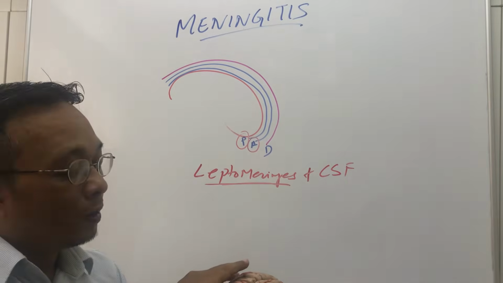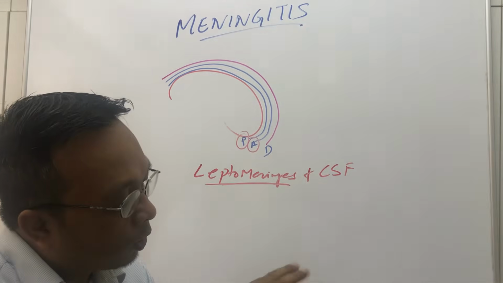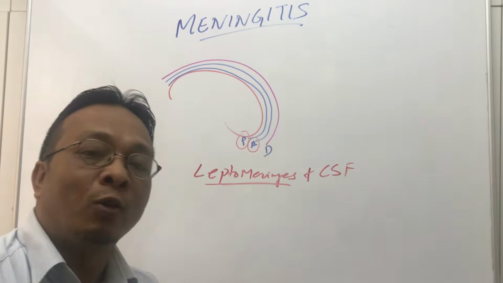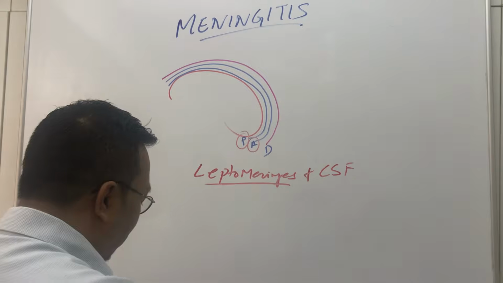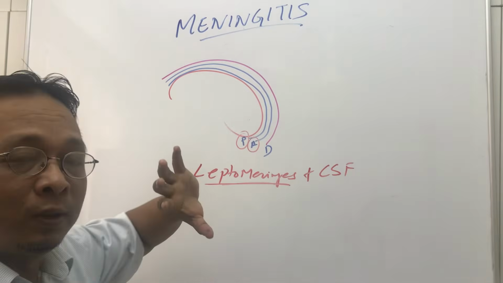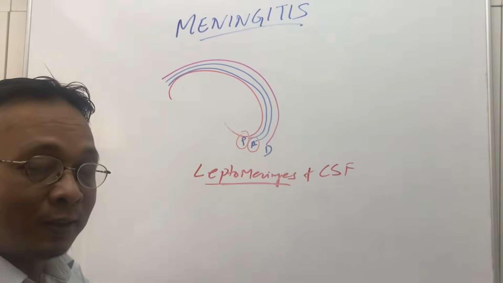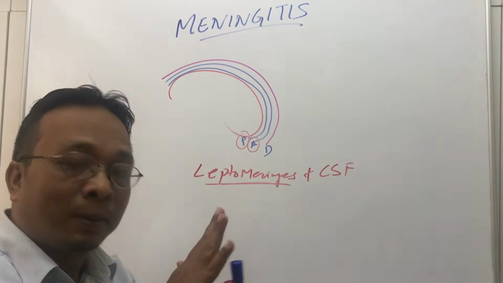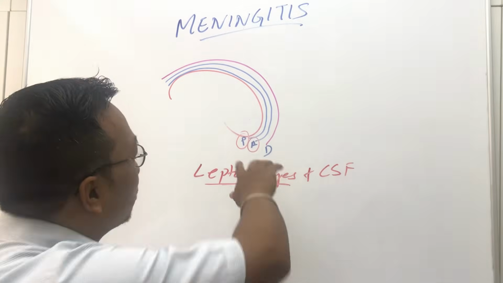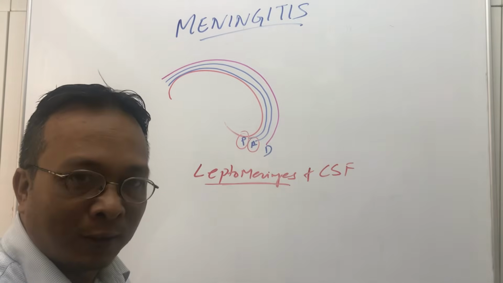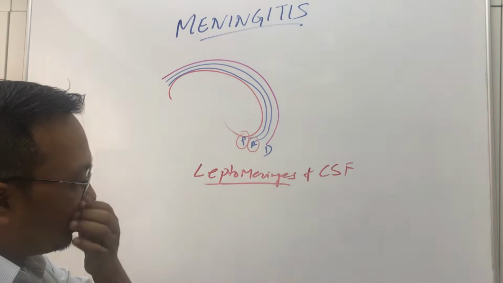And sometimes when there is meningitis, it also involves the brain parenchyma, then we call this meningoencephalitis, because both things are present, right? So that is how we differentiate meningitis and encephalitis. In meningitis we will see direct accumulation of pus in the leptomeningeal layer, with formation of exudates. So this is the basic difference between meningitis and